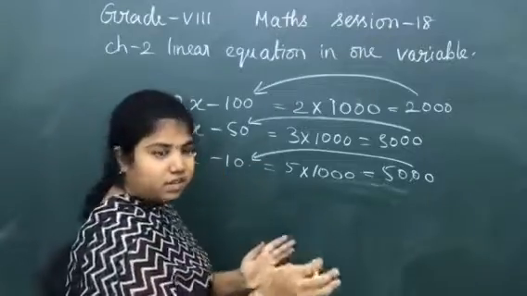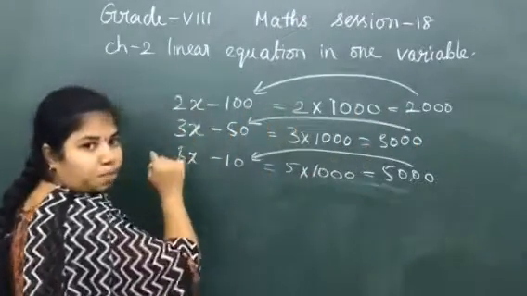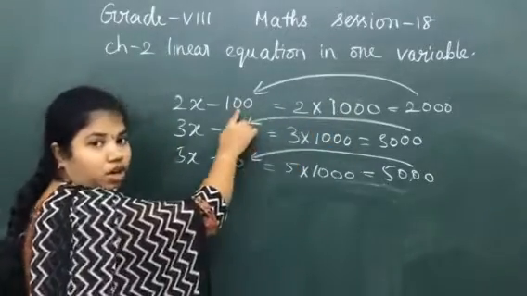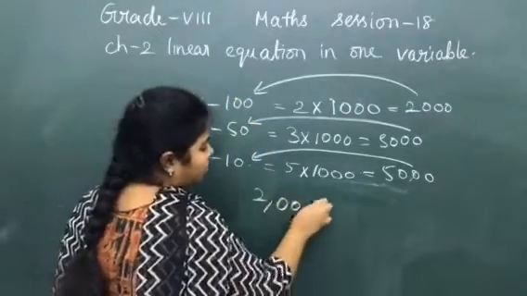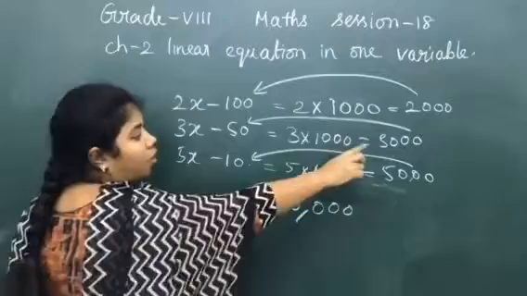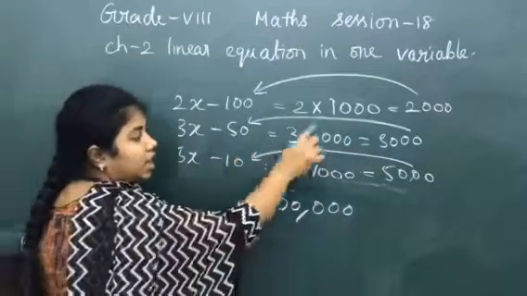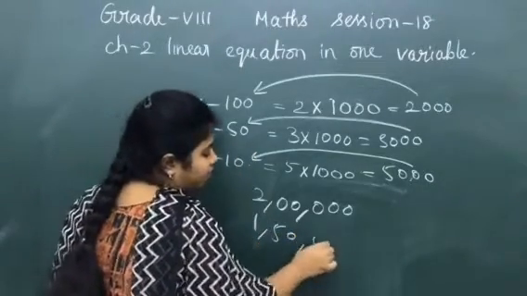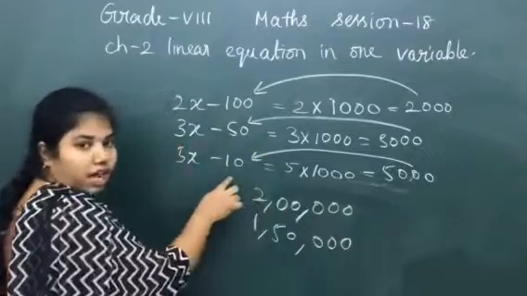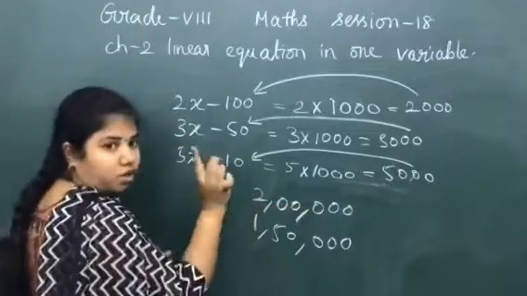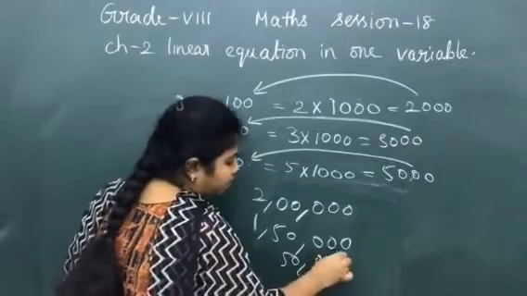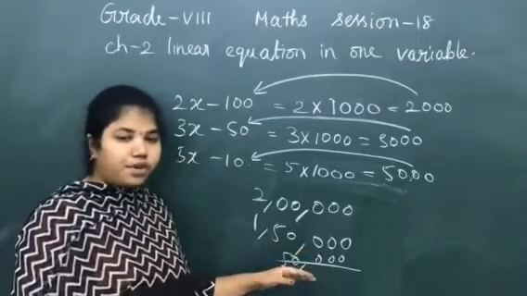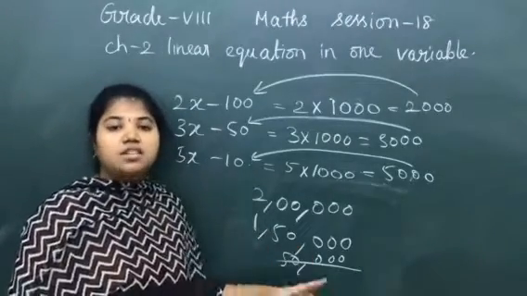Now let us check whether it is correct or not. I have 2000 100-rupee notes, which means 2000 into 100. What is 2000 into 100? How many zeros in total? We have 5 zeros. 2 lakhs. Now 3000 into 50, which means 3 into 5 is 15, and how many zeros do I have? 4. So 1,50,000. Now again 5000 into 10, which means 5 into 1 is 5 and 4 zeros I have, which means 50,000. Therefore, what is my addition? 2 lakh plus 1,50,000 plus 50,000 is 4 lakh. So our sum is correct. This is the checking part.